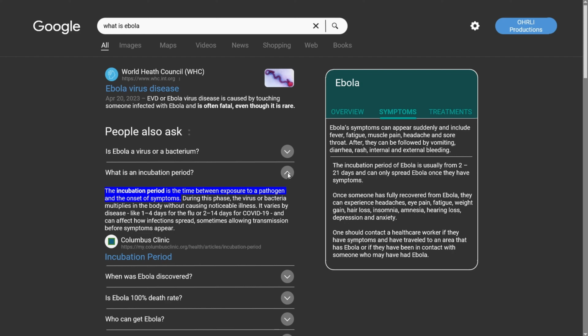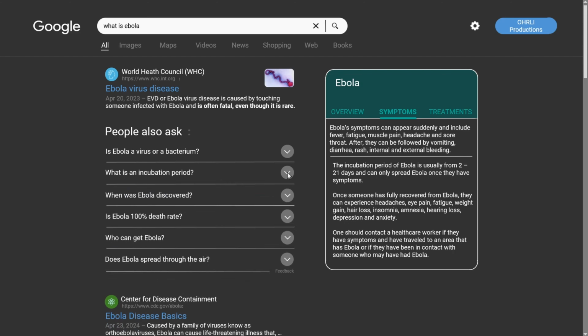An incubation period is the time it takes between exposure and experiencing symptoms. While you may seem fine, the virus is already at work, hijacking your body. Unlike diseases such as COVID-19, which can spread without symptoms, someone infected with Ebola cannot spread the disease during the incubation period.